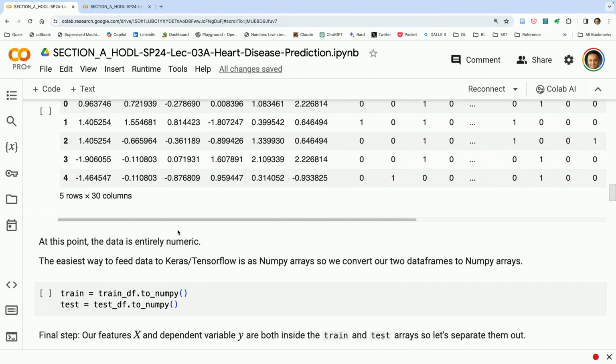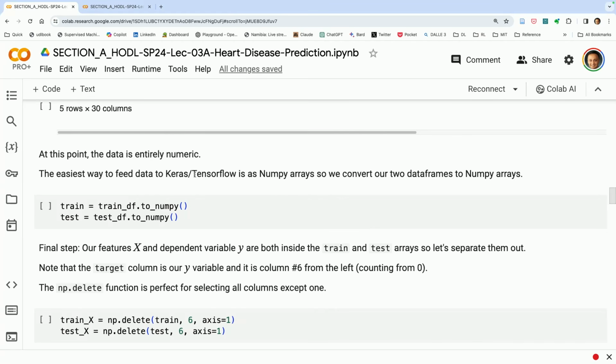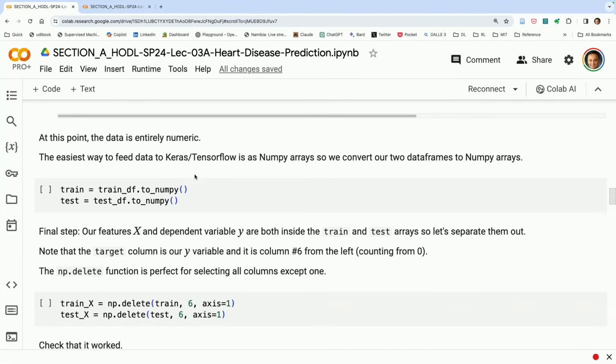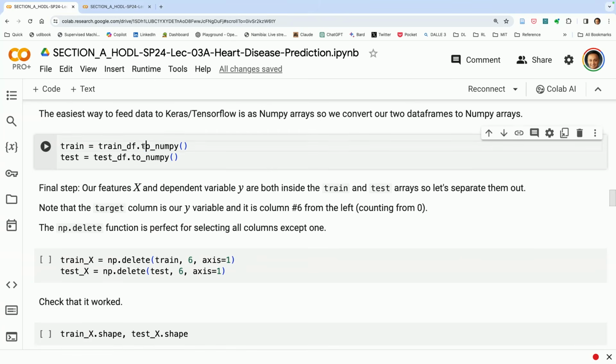And then we are almost ready to feed it into Keras. The way you do it is you take a pandas data frame and convert it into a NumPy array, and then Keras is happy to receive it. So we use this thing called toNumPy, which I think is as descriptive as it gets in programming. And then you save it as train and test. Now, train and test are 2 NumPy arrays with exactly the same information, and now we can feed it into